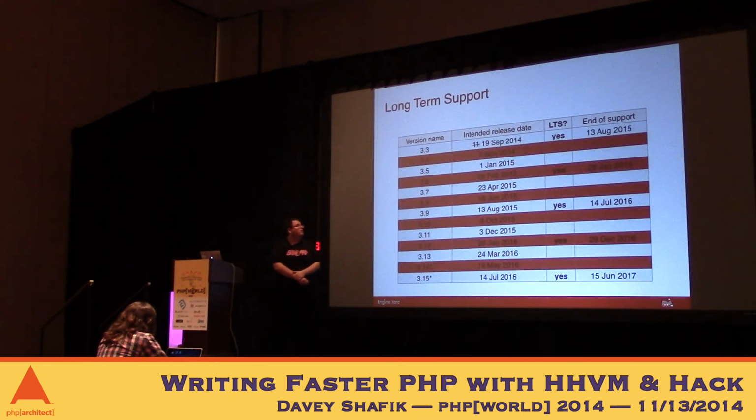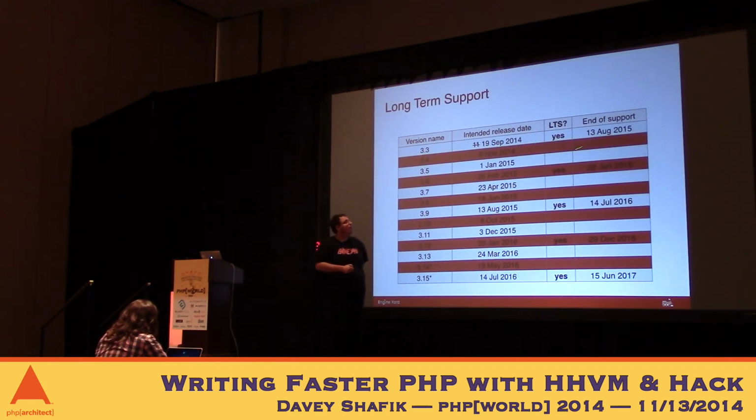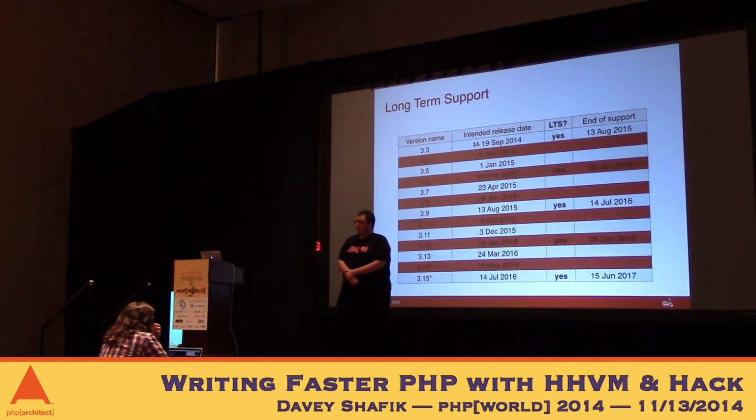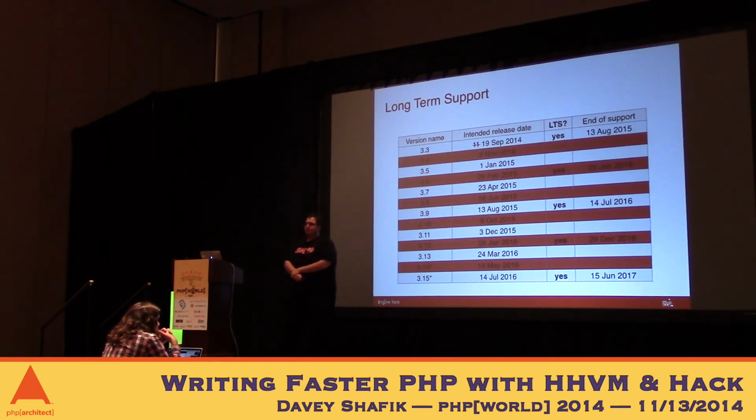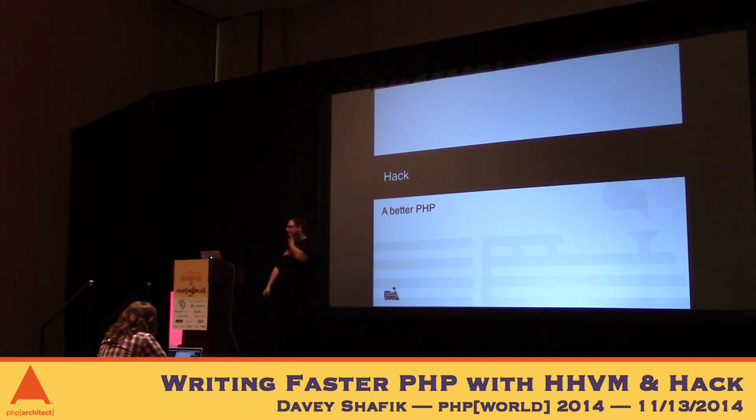So basically what this looks like, version 3.3, which was the most recent release, was supposed to be on the 11th, but actually came out on the 19th of September, is now supported all the way until the 13th of August 2015. So they support it for 4 8-week release cycles, I believe it is. So as you can see, if you run the LTSs, you're actually only going to be upgrading once every just less than a year. I think it's like 10 months. That's probably the way to go at this point, and 3.3 is pretty awesome. All right, that's HHVM. It's just a server, it's not that fancy.